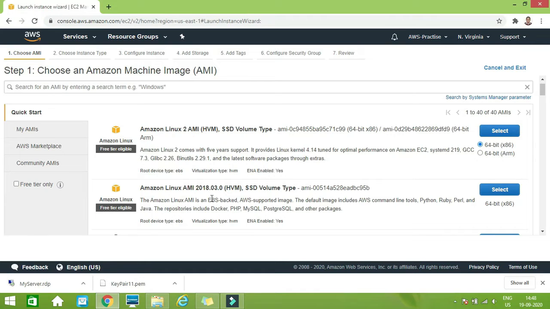So I'm going to select this one, AMI 2018.3.0. You can see the description here. It is basically a Linux machine provided by the EBS storage, and it is also supported with Python, Ruby, Perl, and Java, and it also provides repositories for PHP, MySQL, and Postgres. So you can check this initial information whenever you start to configure your server. So I'll select this,